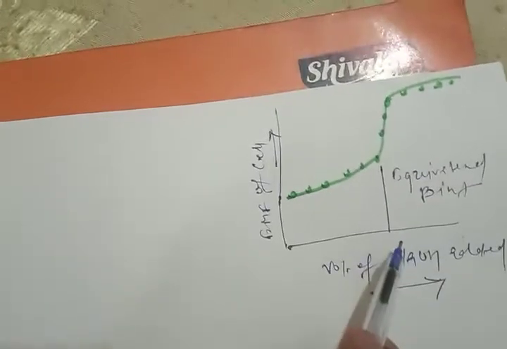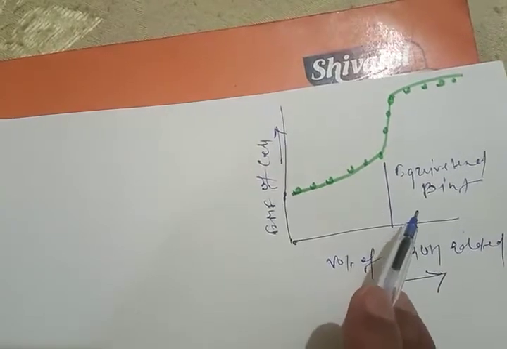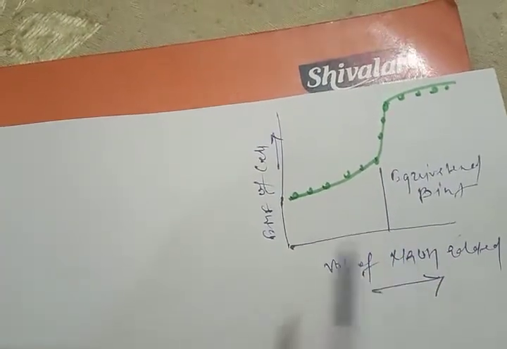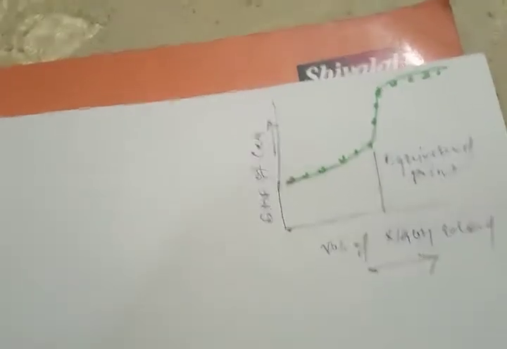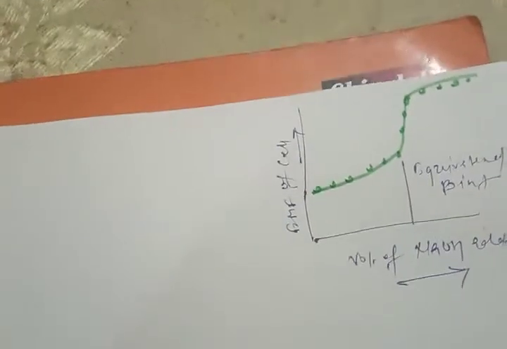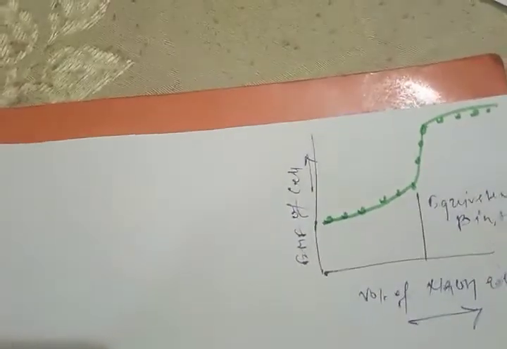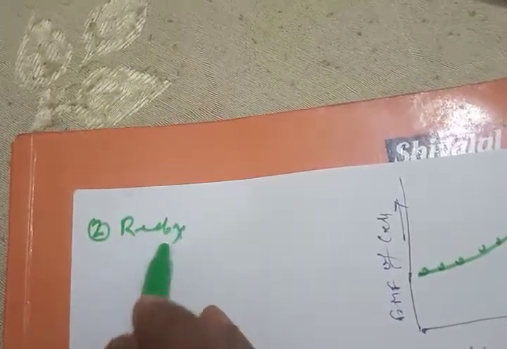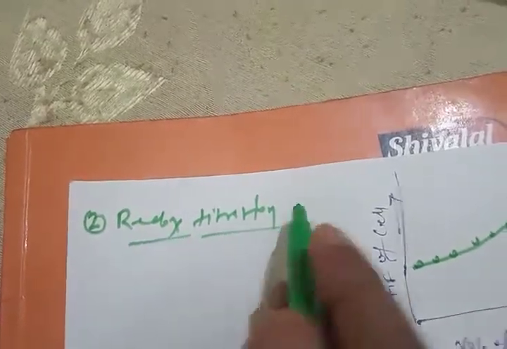From this value you can easily find the volume of NaOH used. With that value of NaOH you can easily find the concentration of HCl by the simple method. This is how this reaction is important. We can go for one more example, the redox titration. I'm just giving you a hint. I'm not going into detail, because as I told you earlier, it is a topic of experiment, so there's no need to discuss it in detail because it is purely an experimental setup.